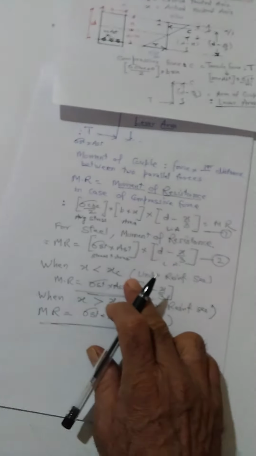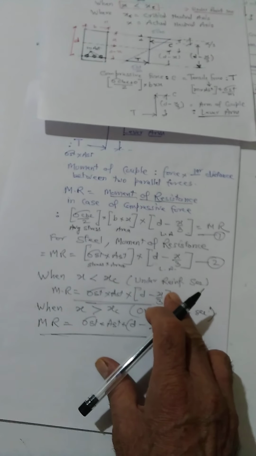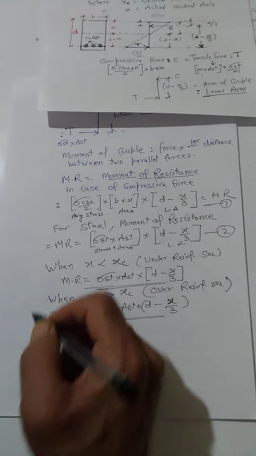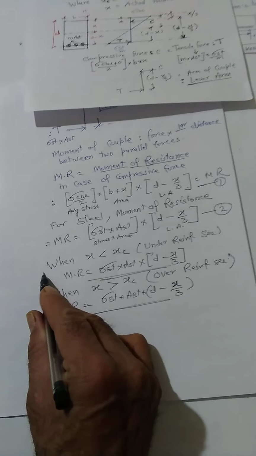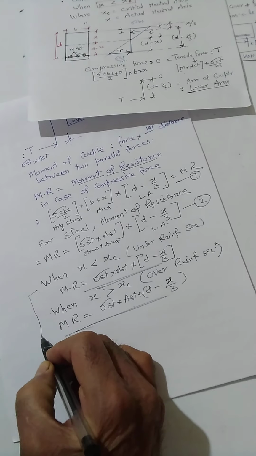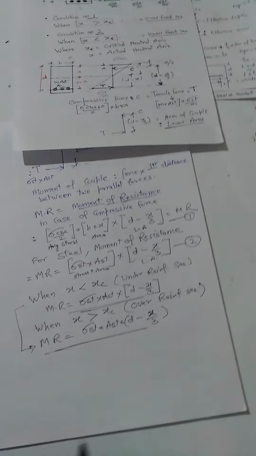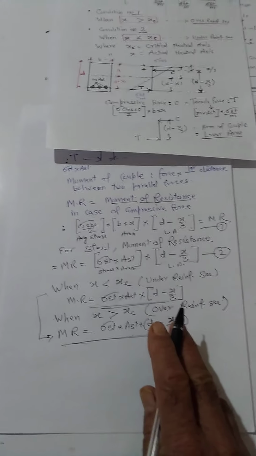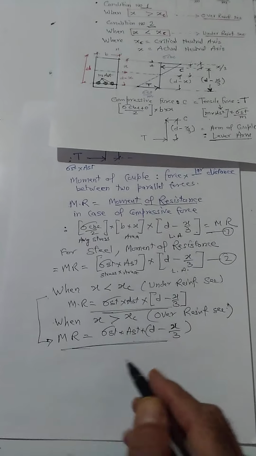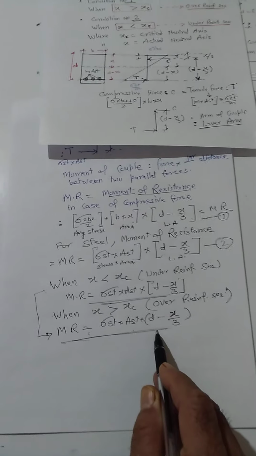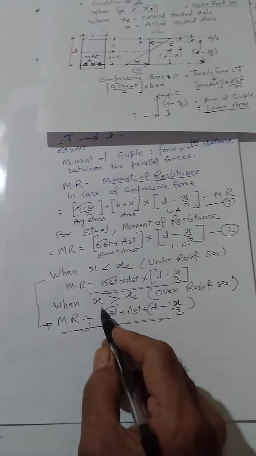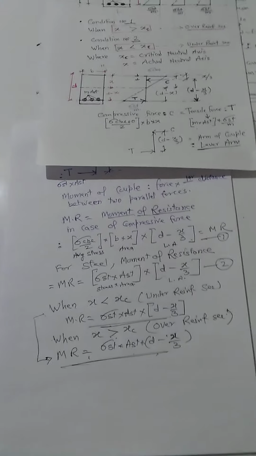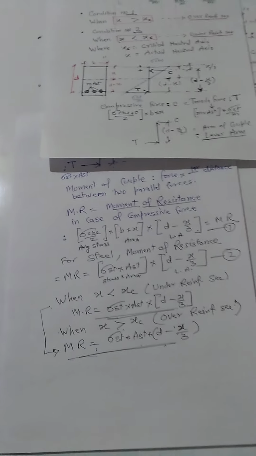When x is less than xc, it is an under reinforced section. So we will have to use this formula, sigma ST into AST. This formula is to be used here, because in an under reinforced section, steel fails earlier. So this is the moment of resistance. When x is greater than xc, it is over reinforced. When x is less than xc, it is under reinforced. When x is greater